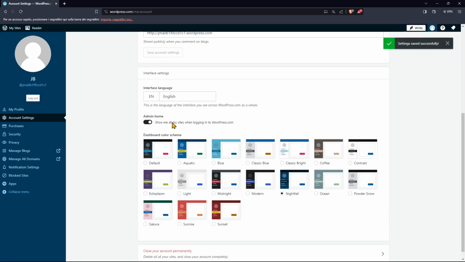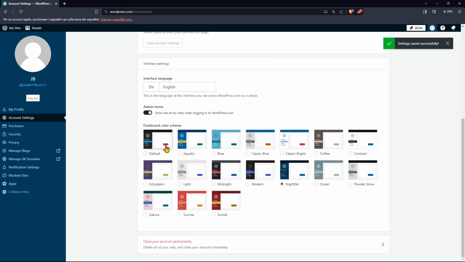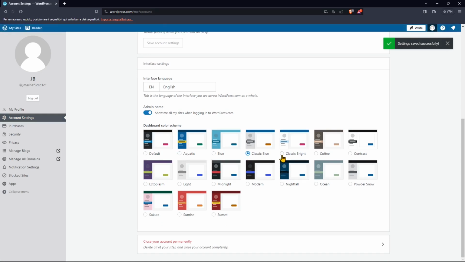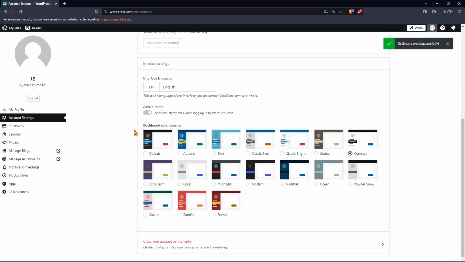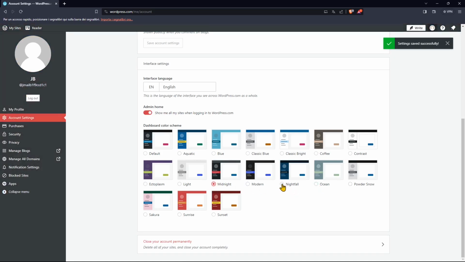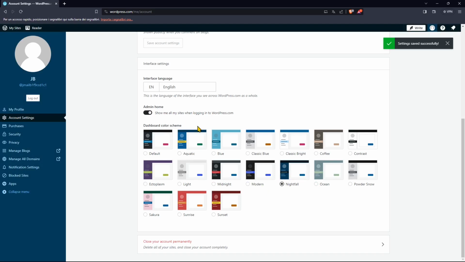So it's going to start showing you your sites. You can also access your sites from here, as you remember from the previous lesson. And also you can change the dashboard look from here. So this is another backend setting, so no one is going to see the changes except you. In my case, I've chosen this nightfall, but you can choose any other that you want. And each account, each user of the platform can change it. So if you have other people working on the same website, each one of them can choose its own